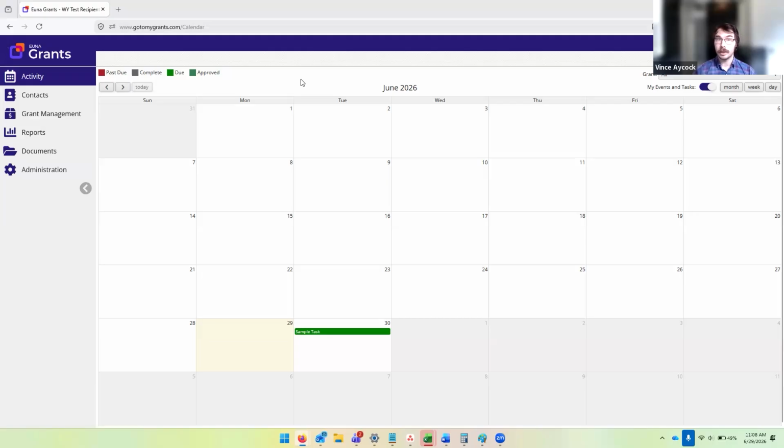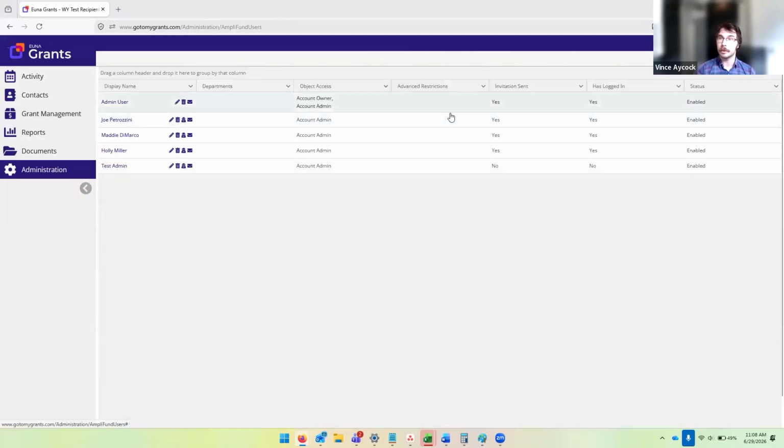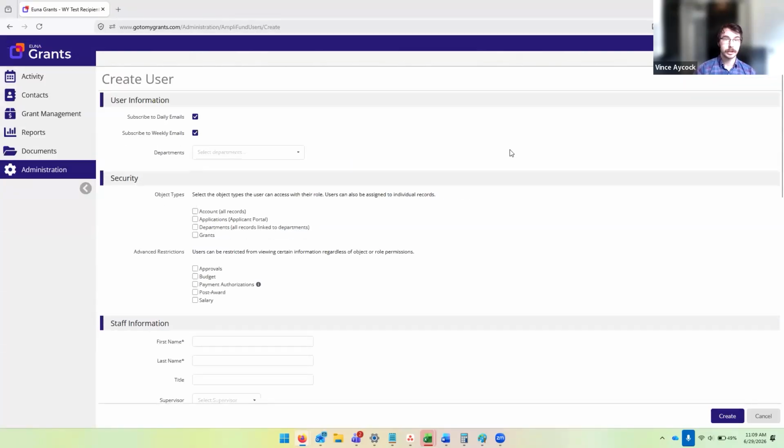As the lead contact, you will be the only person who has access initially. In order to add new users from your organization, you'll have to navigate to Administration, System Security, and then Users over here on the left. And you can see as we load, I already have a couple set in, but to create a new one, there is this plus icon in the top right. And I'll just go ahead and click plus, and that'll take me to the creation screen.